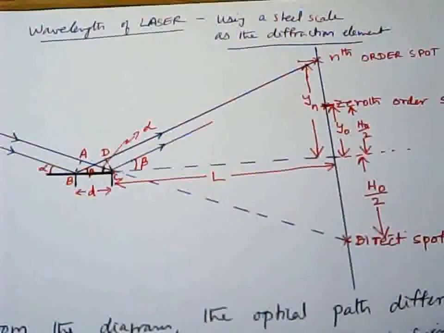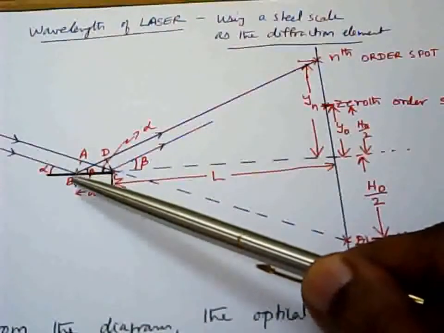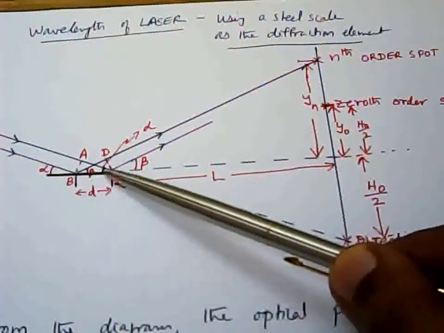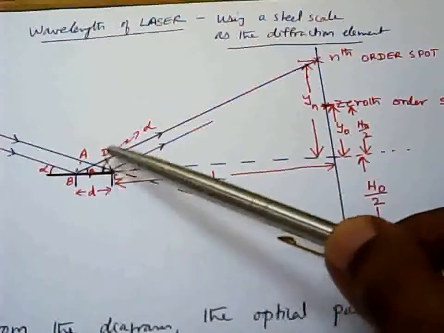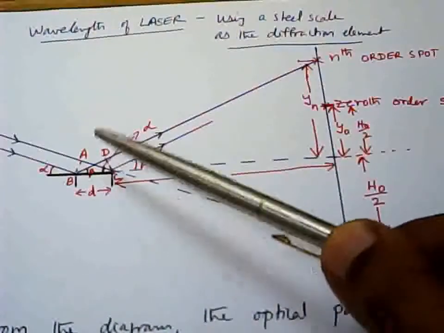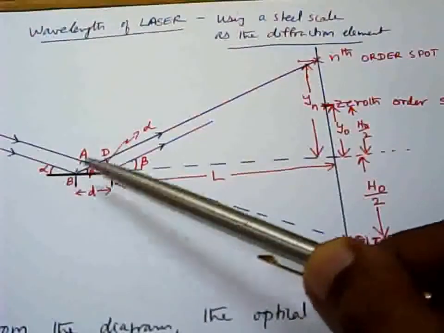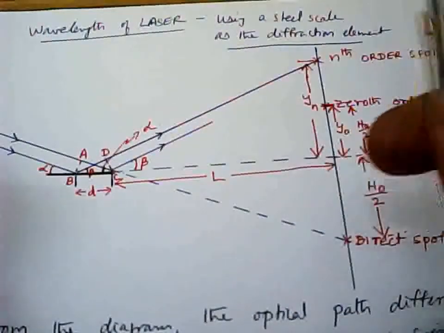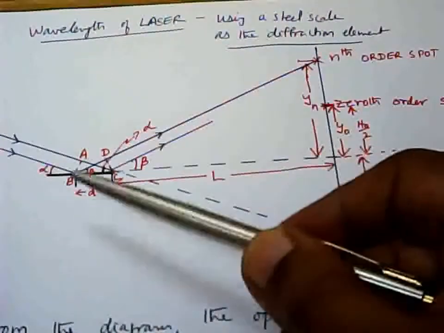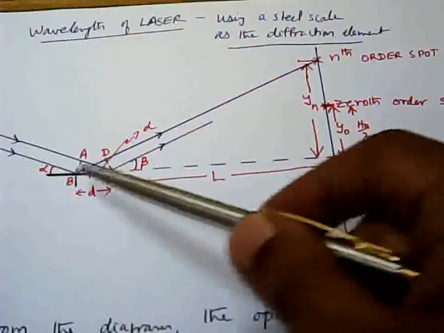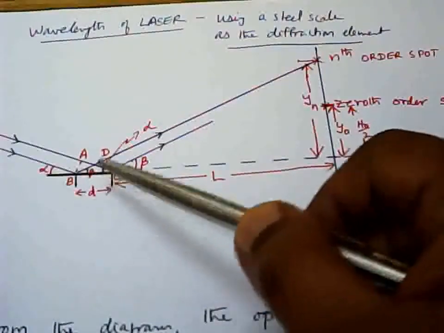So to understand the theory, I have drawn a diagram here. So this darkened line out here is basically the steel scale, and I have marked 2 points on the scale which is marked as B and C, points B and C. It is equivalent to the separation between 2 lines on the steel scale. If you are using a centimeter scale, assume that this D is equal to 1 mm, or the separation between the 2 lines on a centimeter scale.